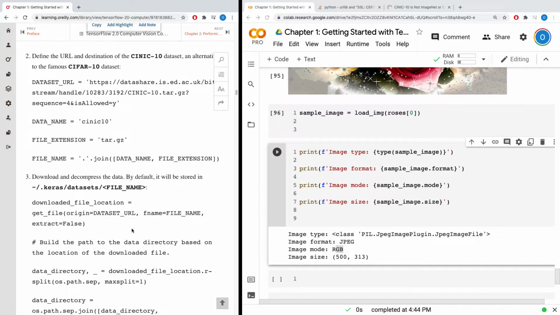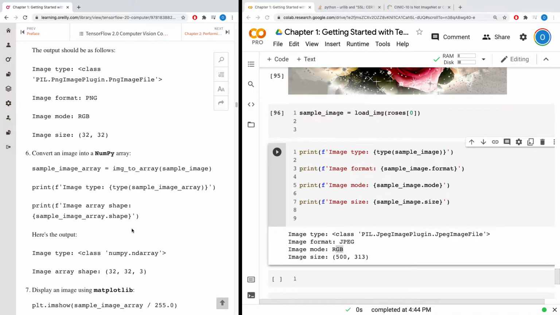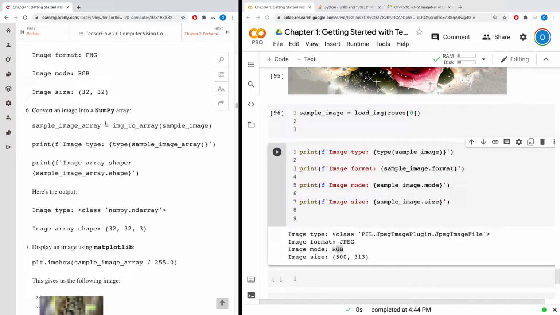We're taking the image and converting it to an array. This will be the sample image in array format. See the naming convention. Then we can print the type of that, and we can print the shape as well. So let's run this code and see the sample image when it is converted into